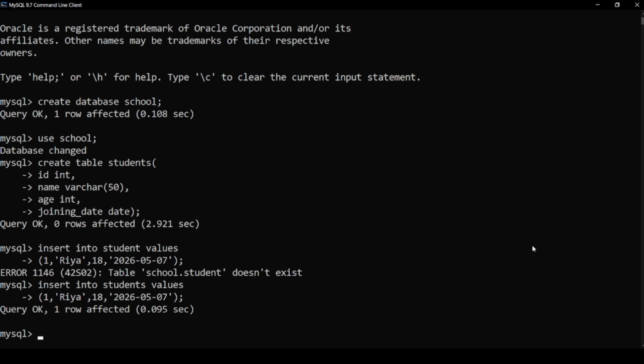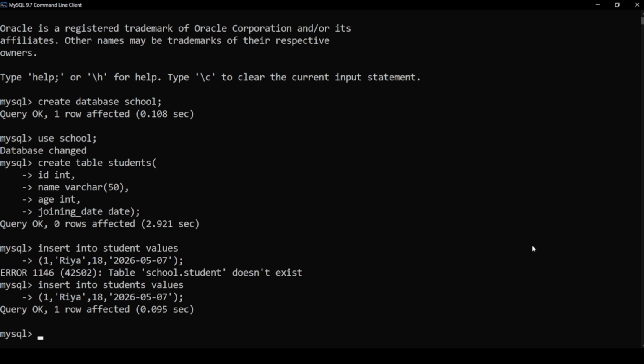Now you might notice that I have used quotation marks for Riya and for the date. This is because text and date values are written inside quotes in MySQL. Numbers like 1 and 18 do not need quotation marks because they are numeric values. In MySQL, dates are usually written in year, month, day format.